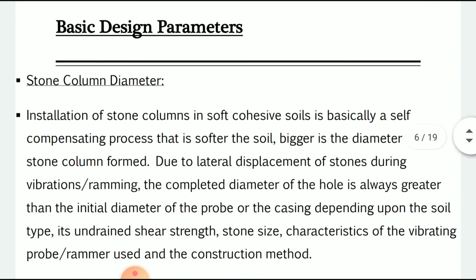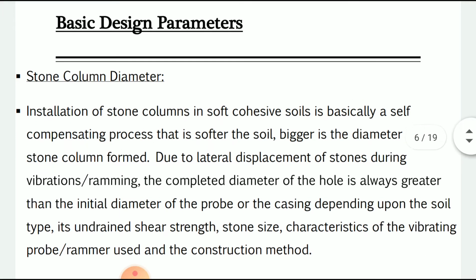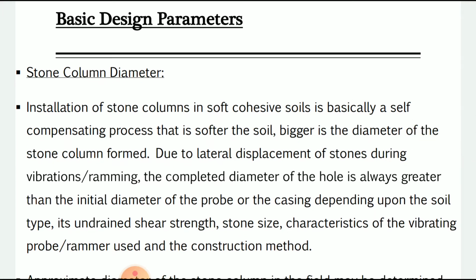So now this is the very important topic, that is basic design parameters. While we talk about the basic design parameters, first is the stone column diameter. Installation of stone column in a soft cohesive soil is basically a self-compensating process. Bigger is the diameter of the stone column formed due to the lateral displacement of the stone during vibrations or